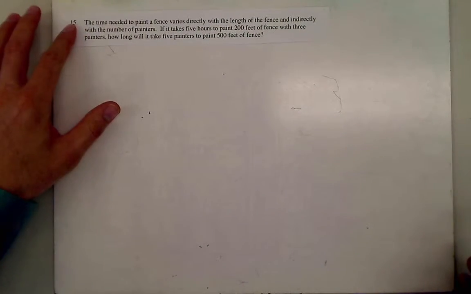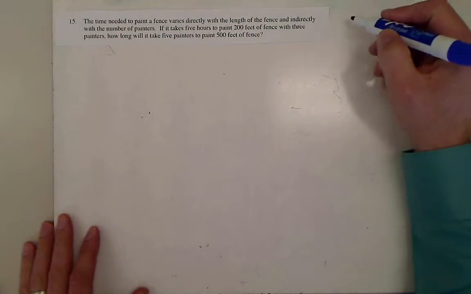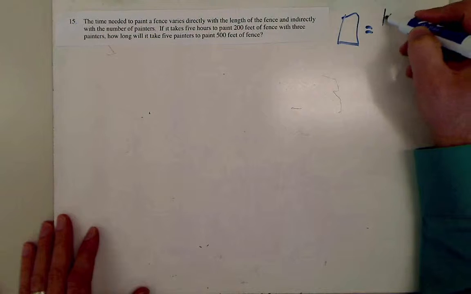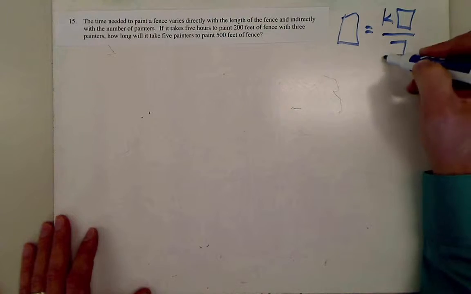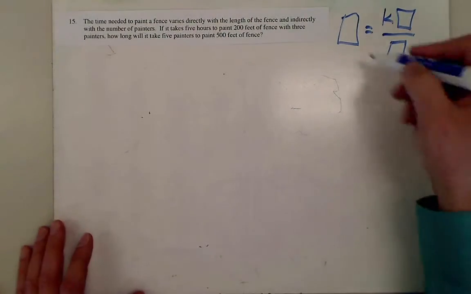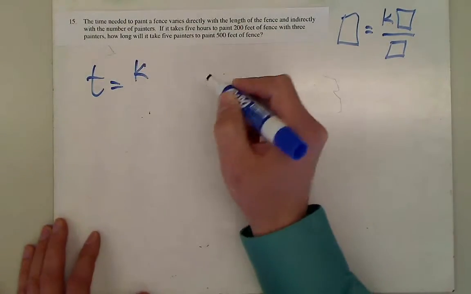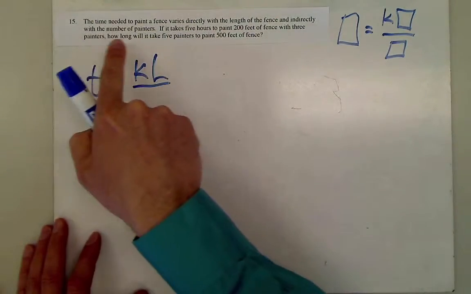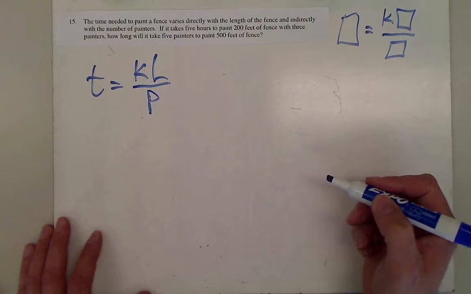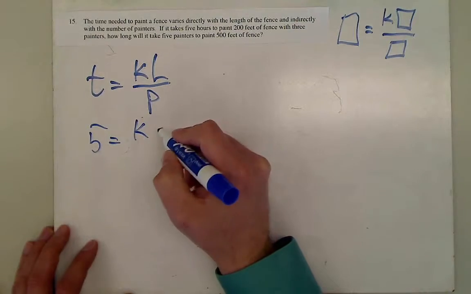The next example, number 15, is a combination of direct variation and indirect variation. So that means I have a quantity which is equal to a constant times another variable for the direct part, and then divided by something else for the indirect part. So they can be combined. So time is what I'm looking at, which is equal to some constant varying directly with length, so L for length, and indirectly means divide by number of painters, so P for number of painters. 5 hours for 200 feet of fence